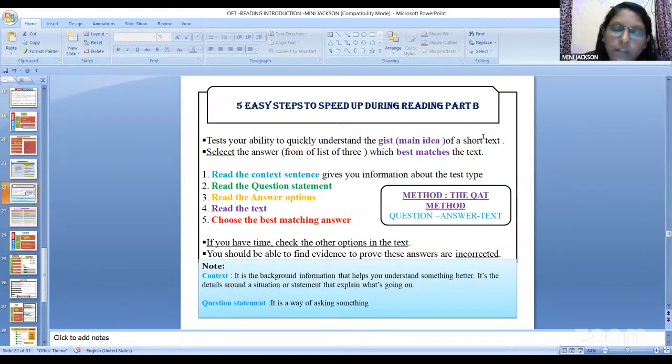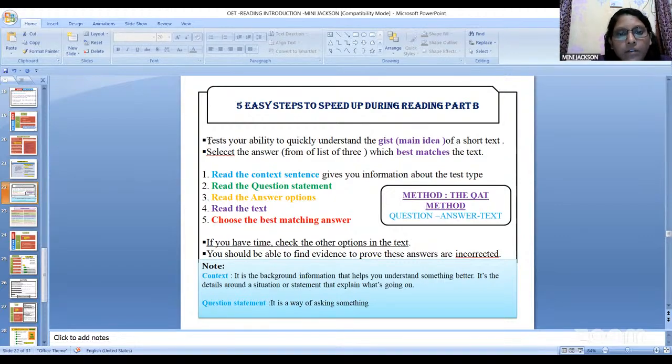While reading the text, you need to understand what exact meaning is given. If you cannot understand much, just read the topic sentence. That will give a clear idea about the text, what will be in the later sentences. The first sentence gives everything. That is, the main idea or gist will be in the topic sentence.